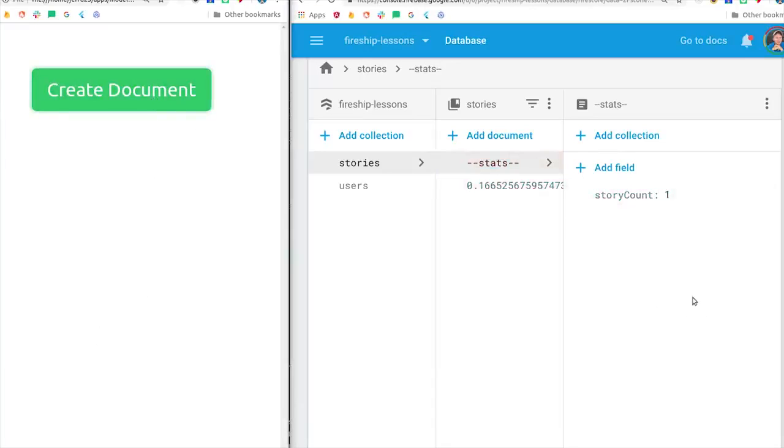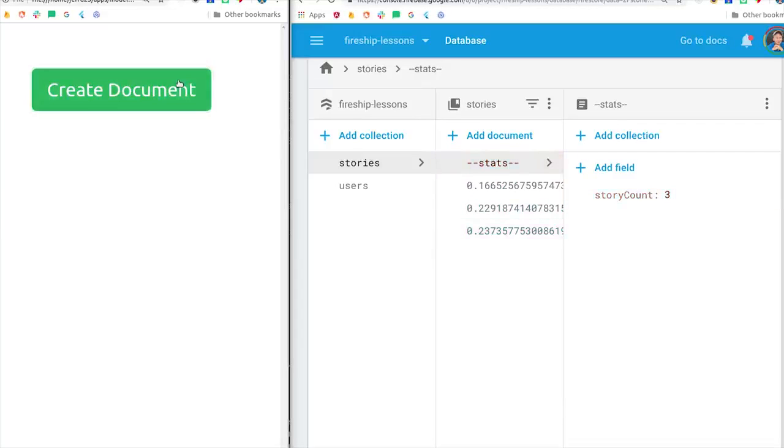But one of the places I find it most useful is when it's combined with other document writes in multiple locations, because it makes it possible to perform data aggregation entirely from the front end without using a cloud function. One of the most common requirements is to get a count of the total number of documents in a collection. Now we could just read the collection every time we need the count, but that doesn't scale very well as far as your costs are concerned because you're charged per read, and you'd be sending a ton of unnecessary